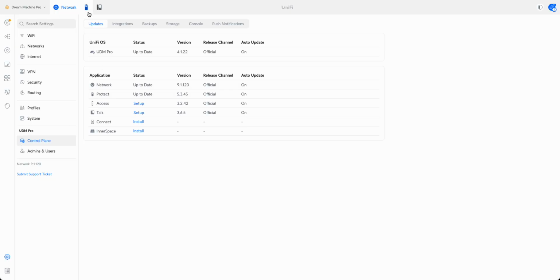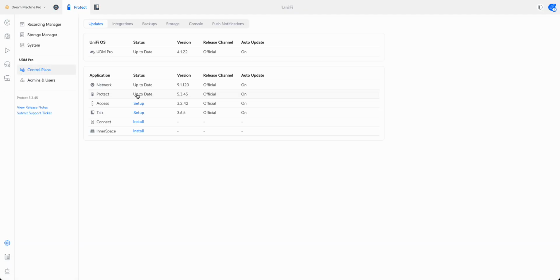If it is installed, you'll see the icon at the top. If you're not seeing the option for Protect, it possibly means that the console doesn't support it, and you might need to get a different console to do it. So once that's installed, it takes a few seconds to do it. You'll see you're able to click on the button on the side, and we can now start setting up the